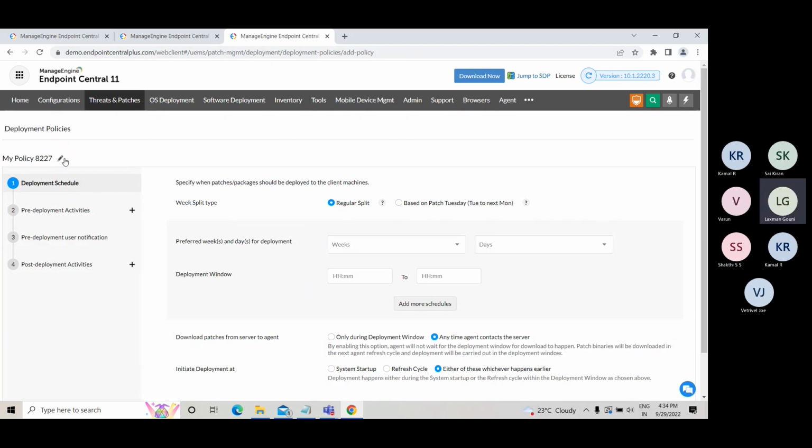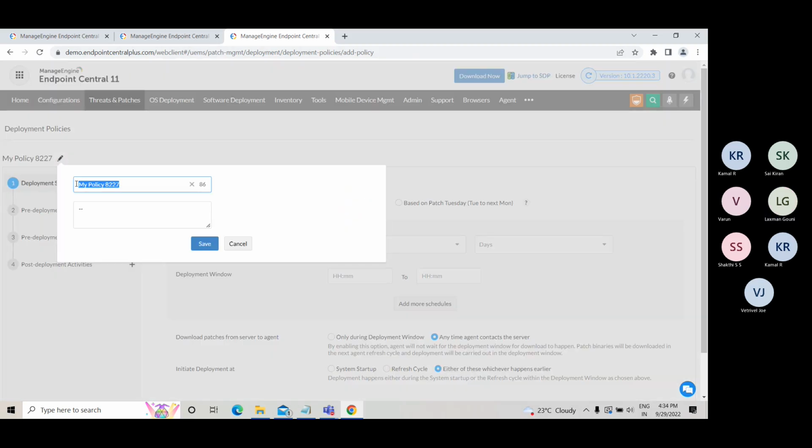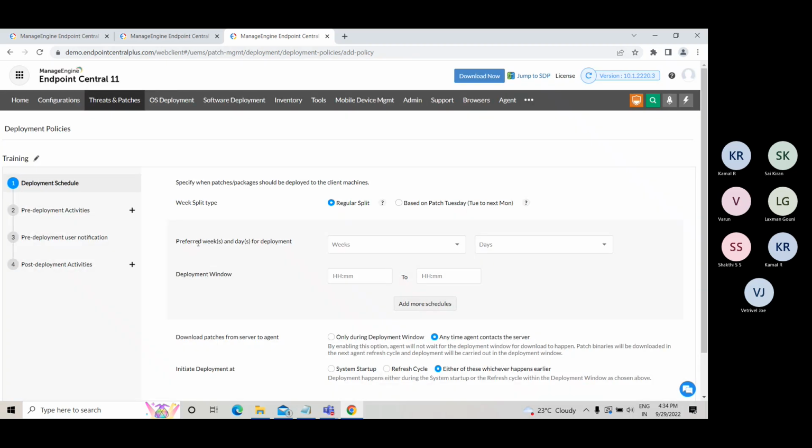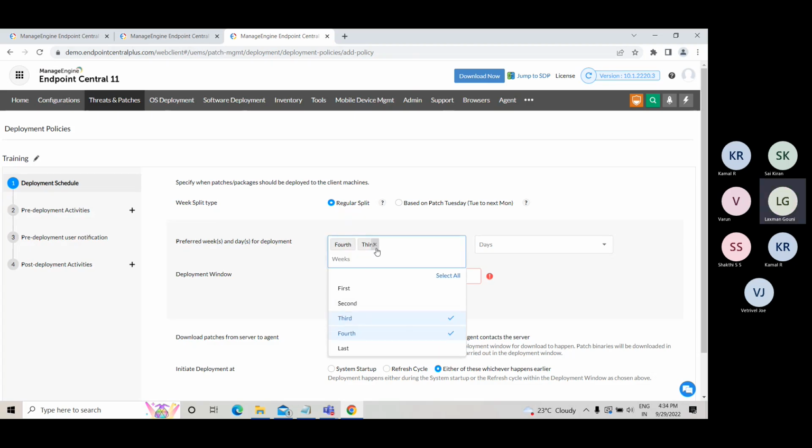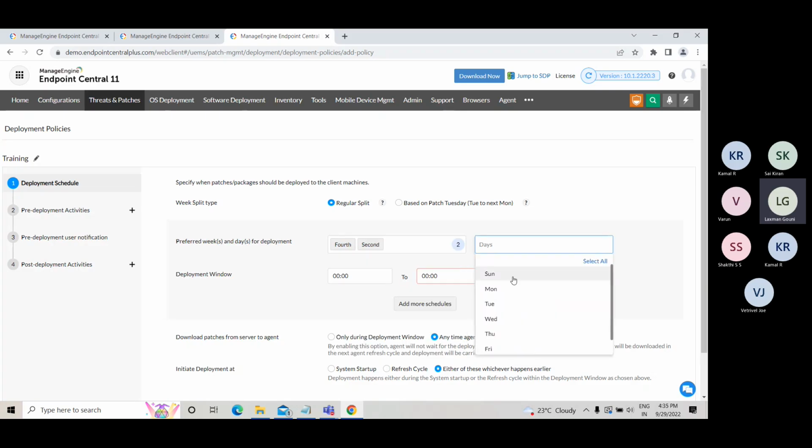So you give a name there. Regular split, based on this, split on it every Tuesday. 3rd week, 2nd week, or 2nd week is what I say. Days will be all working days I'm marking. Time window is